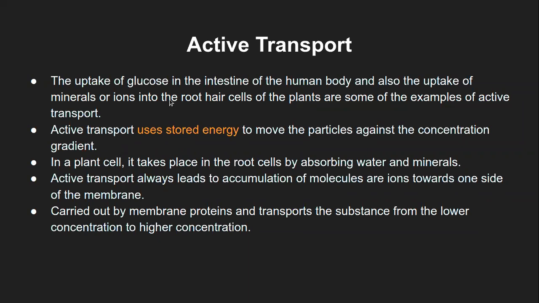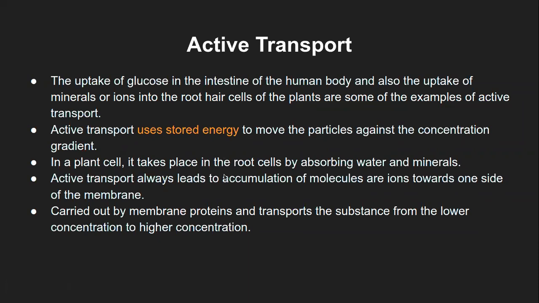So now, where does this active transport process get energy from? It uses the energy which is stored inside the cell to move the particle against the concentration gradient. But where is it stored? You all know that mitochondria is present, which generates ATP, which is the form of the energy present inside the plant cells, or we can call it also chemical energy, because it is in the form of ATP. So that is the energy which this protein pump will utilize to transport the molecules.